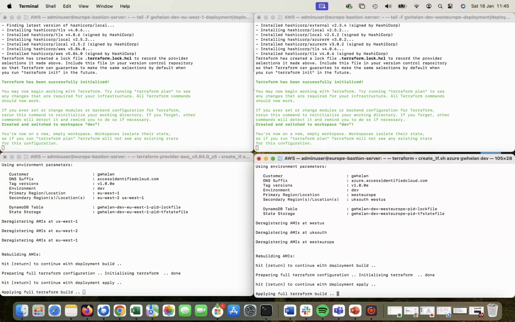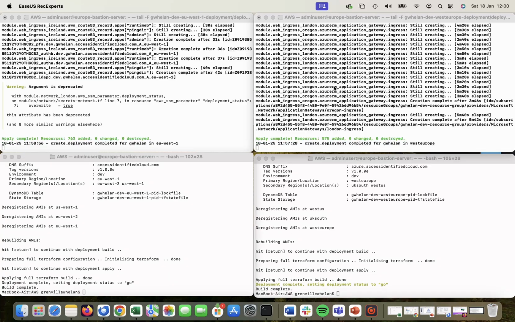Again, the build process will take around 10 minutes to complete, so I'll pause the recording until this is completed. Okay, 10 minutes in, we can see that all the resources have been deployed. The automated configurations will proceed, where the various Ping application clusters will configure and replicate themselves. This process will take a further 5 to 10 minutes, and so again, I will pause the recording until this